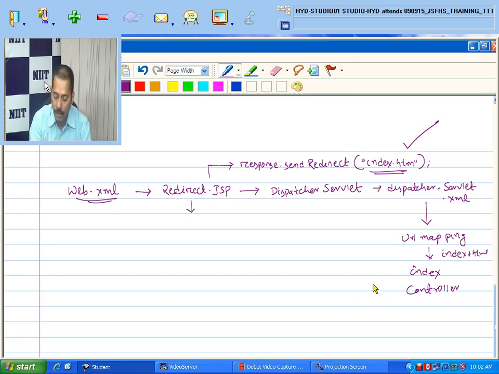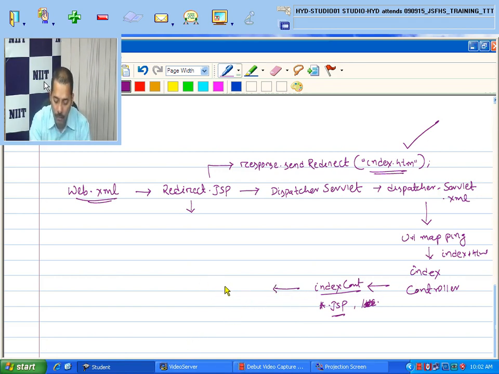Now this index controller gets called. In the index controller, we said that the .htm will go to the .jsp page, with a start page, a suffix and /WEB-INF. Now from this index controller, it will go to the view resolver.